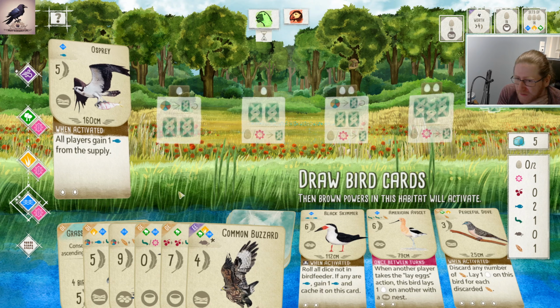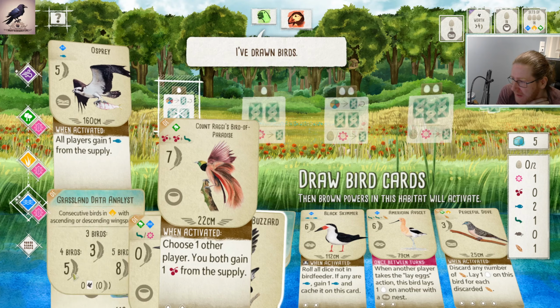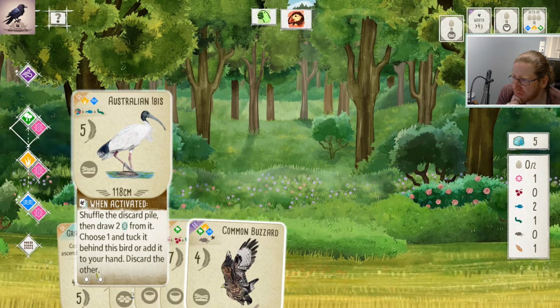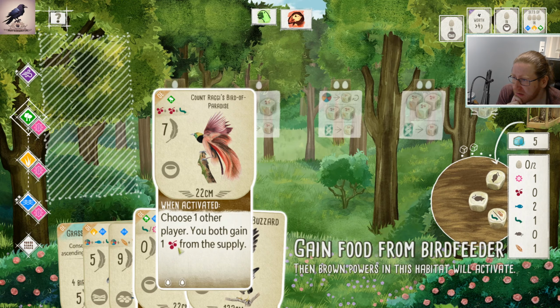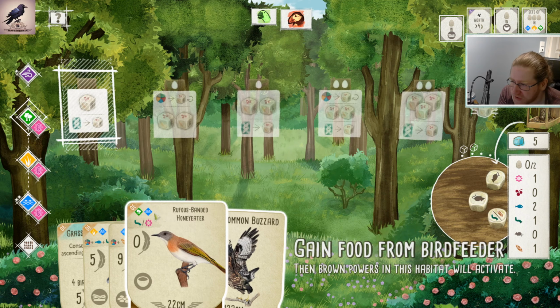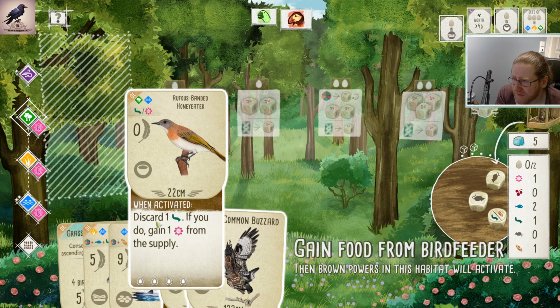Then it's just a matter of how do we play him. I think we hold off on the ibis, and we play Count Raggi's with the 2 additional fish to make it work. Rufus Bandit Honey Eater,